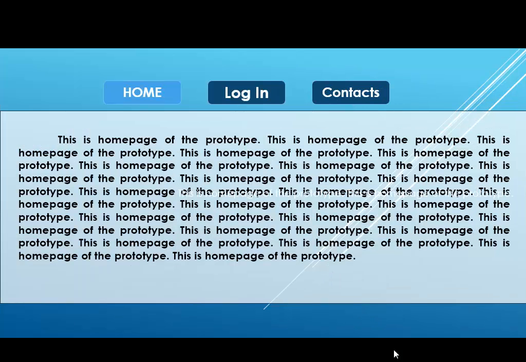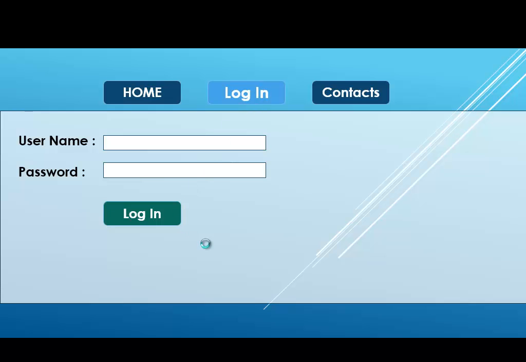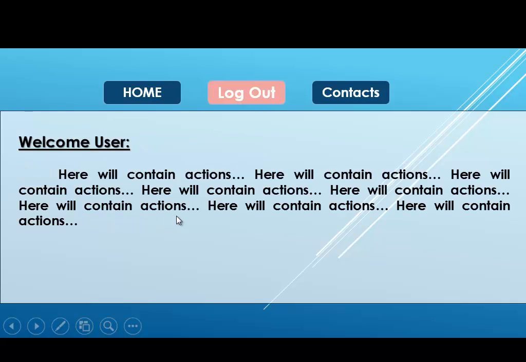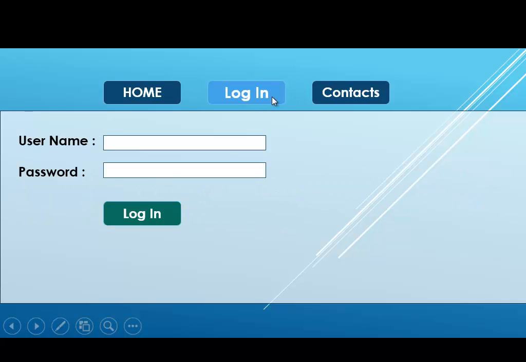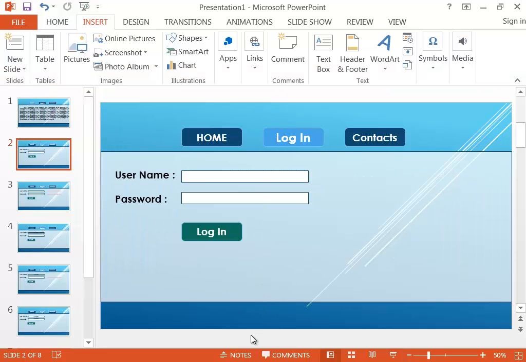So now let me build a successful login. I am at the home page now. I click on the presentation. Now I click the login. I click the username, it has been filled. I click the password, it has been filled. I click the login. Now I am in the login page. If I click the logout, now I am logged out. That is giving the sensation as if you are using a real application. But actually